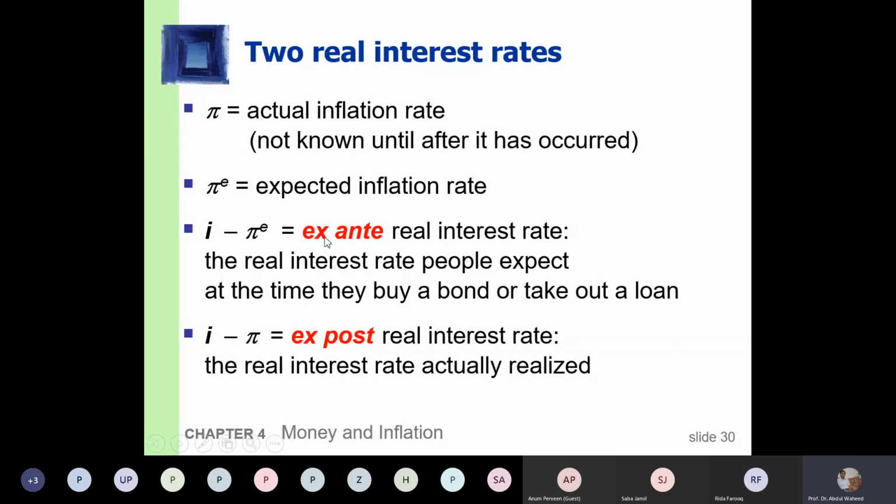So the ex ante and ex post real interest rates would be the same when